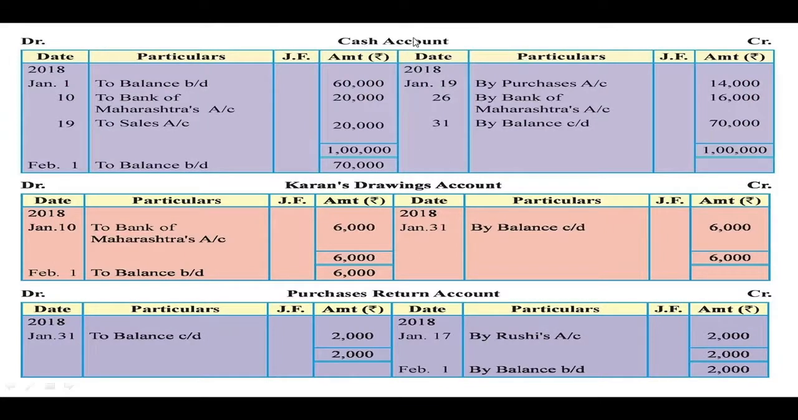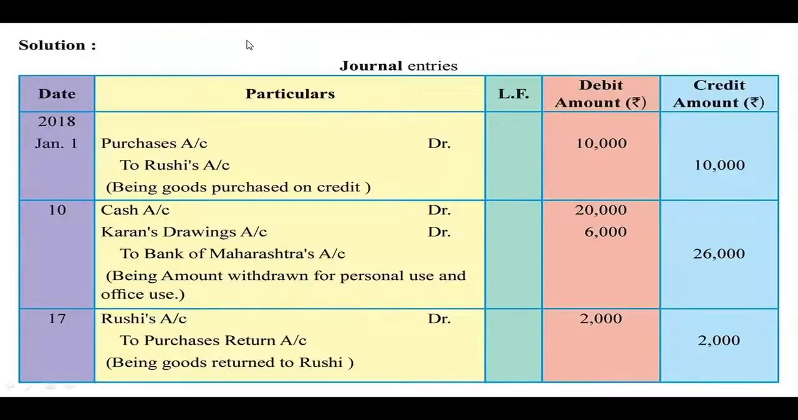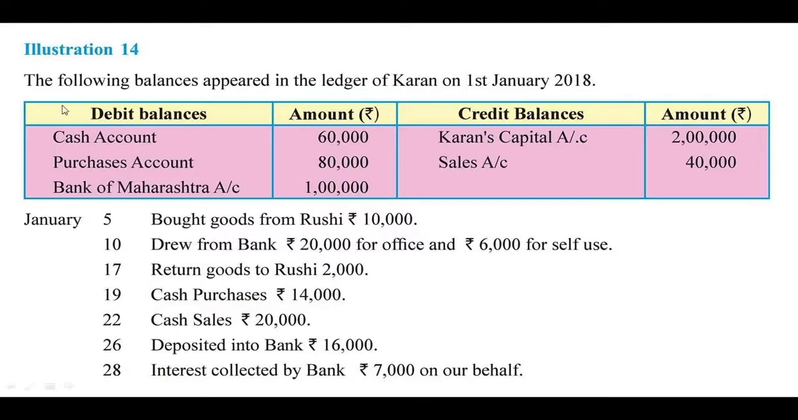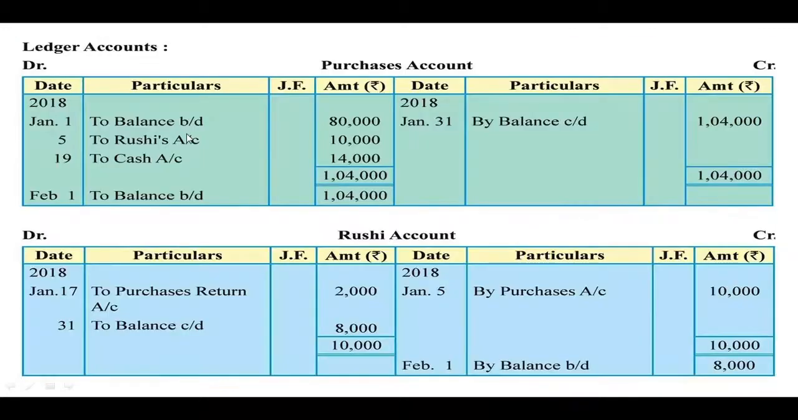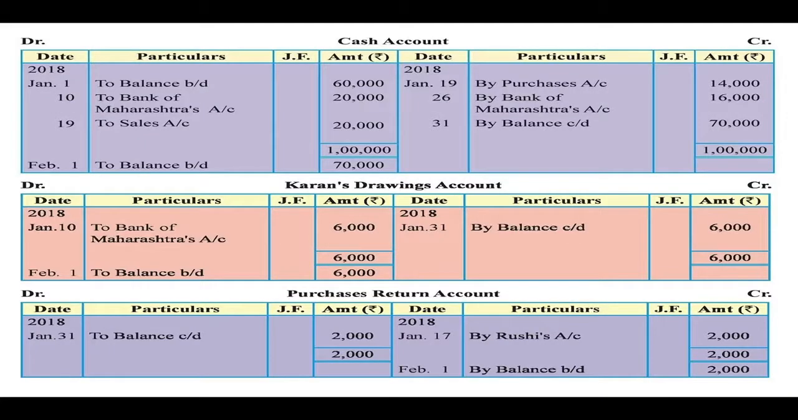Then next is cash account. For cash account also the opening balance is given initially in the question. So we have to check in the question. Here cash account 60,000 is given and debit balance is given. So balance brought down will be recorded on the debit side. 1st January to balance brought down 60,000. Now we have to go through other